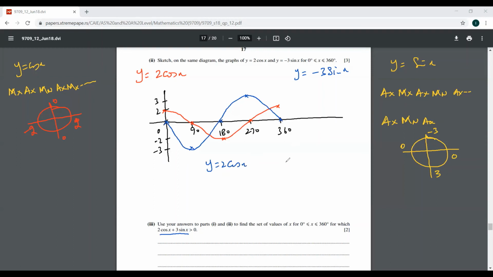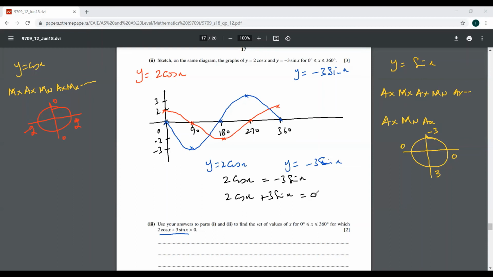The other equation is y equals minus 3 sin x. When you start solving them simultaneously, you will equate them. So this would be 2 cos x equals minus 3 sin x. So this is 2 cos x plus 3 sin x. When you equate them,